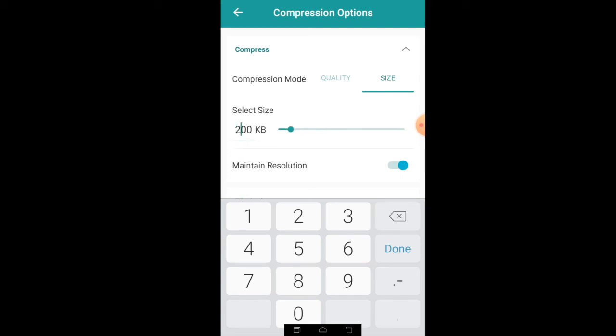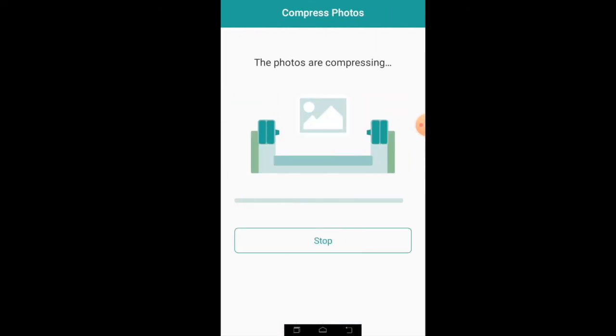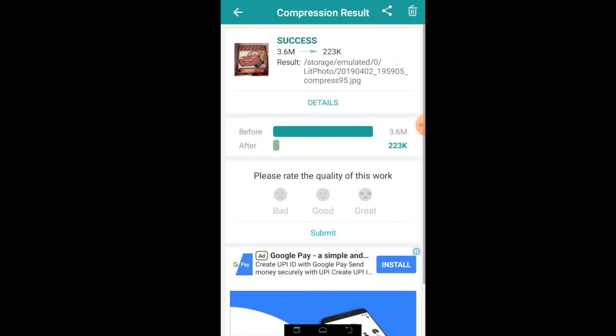Now it's done and I want to maintain the resolution and I will start compressing. The photo is being compressed here and now it has been compressed and it will be showing me the result: originally the photo was 3.6 MBs and now after the compression the photo is 223 KBs.